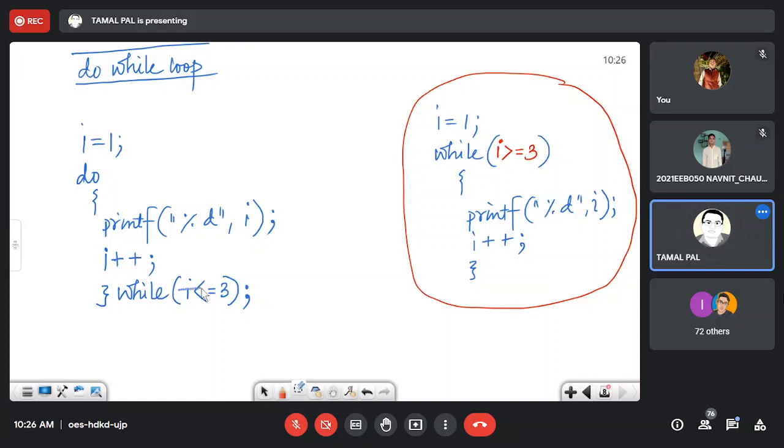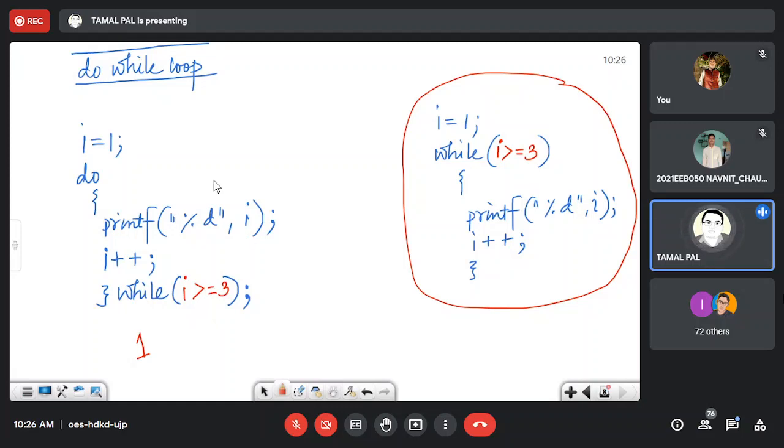But if I make it I greater than 3, then it is checked after the statement is being executed. So it will print the value of I the first time, then it will stop, because after increment it becomes 2, and 2 greater than 3 is false, so it stops.